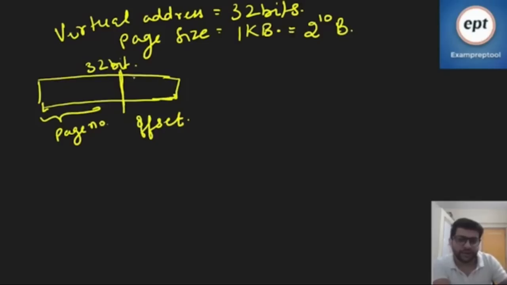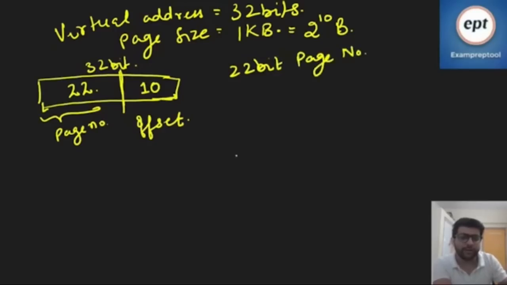And for 2 power 10 bytes of page, we need how many bits to represent it? We need 10 bits, right? And the remaining bits are the page number. So we have a 22-bit page number, right? And let's suppose that the frame number